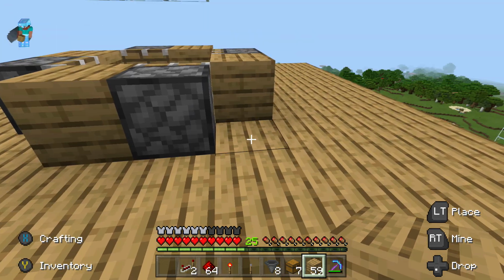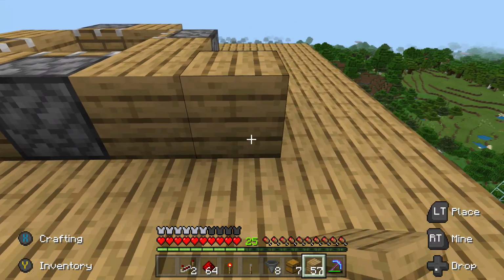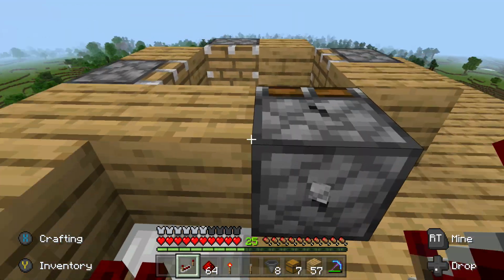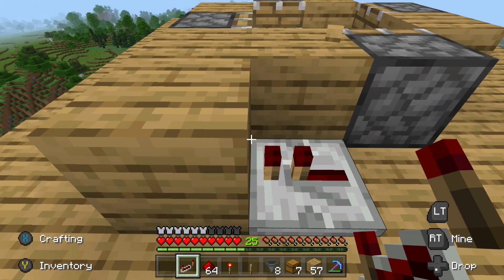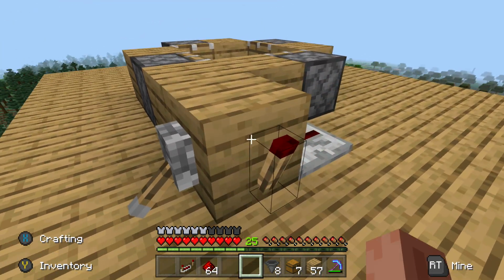Okay, so always go to the right. At least for me, I'm going to the right. I'm going to go out by 2 blocks and place a repeater right here. Now make sure this repeater is not next to the piston like this. Make sure the piston is not here. Make sure it's always off. We're going to place a torch there, and then you leave it right here, and that will make a system that